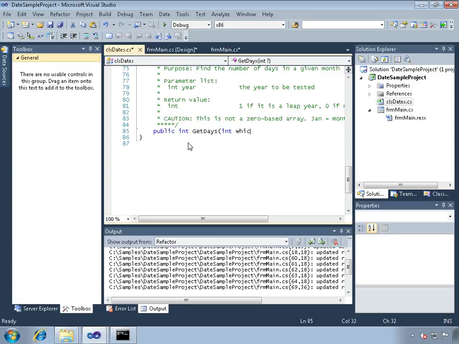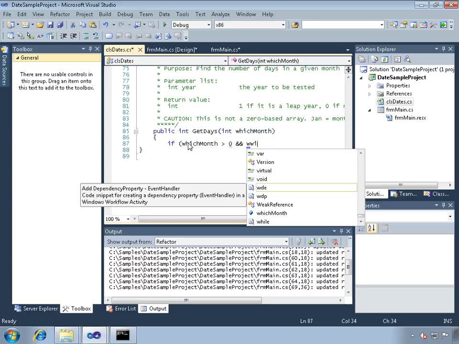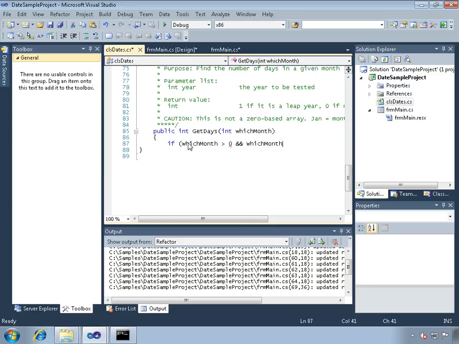We better use, this will make it clear which month. And then we can check. We can say if which month is greater than 0 and which month is less than 13, we have a valid index into the array. So we can say return days in month, which month, else,